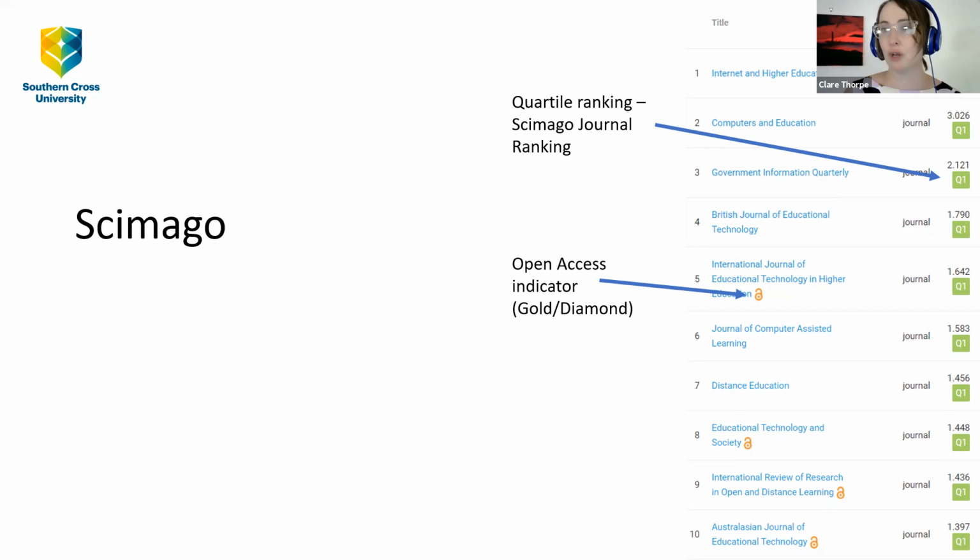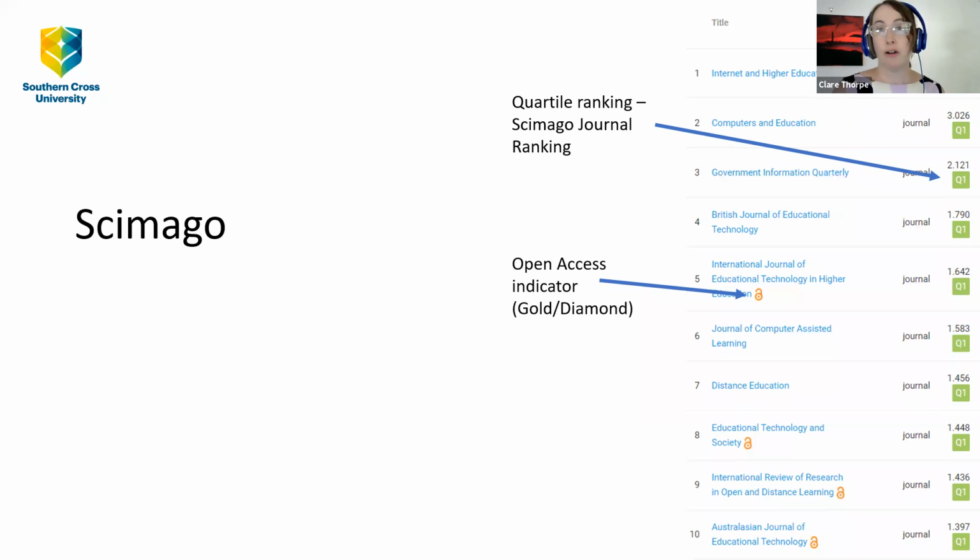I know the Office of Research is really keen to see more of our publications in those Q1 journal destinations. And in each of these journal records, you can click through and get a whole lot more. I find it really useful myself to have a look at how many years a journal has sat in the Q1 quartile. Has it just arrived in the Q1? Is it on that upward trajectory? Or is it a consistent performer, consistently in that top quarter of your discipline area?